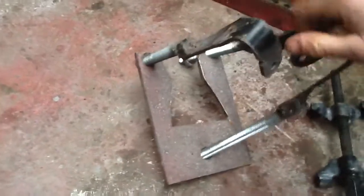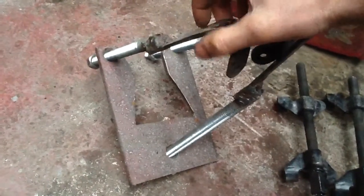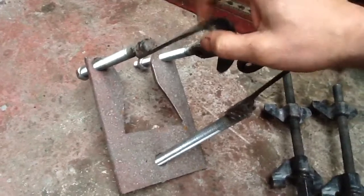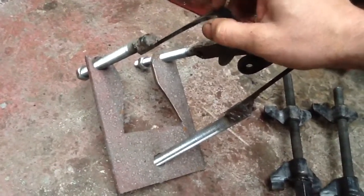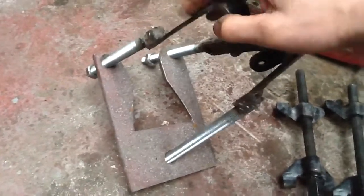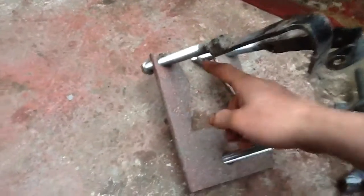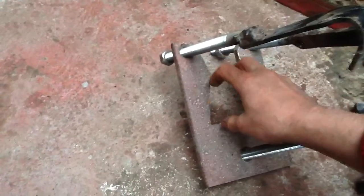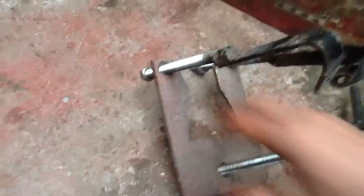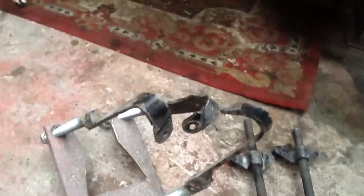make this, although it doesn't look pretty and it's not very nicely welded, my MIG welder's wire speed is wrong on it, so it just hasn't got the penetrating force. Anybody that's interested in making one of these, if you go on to, I think it's aussiefrogs.com, they do a lot of bits and pieces on stuff. What actually is meant to happen is the strut bottom sits in here, your spring is mounted on it, and these clasp the top of the spring, pulling it down long enough for you to get the nut on the